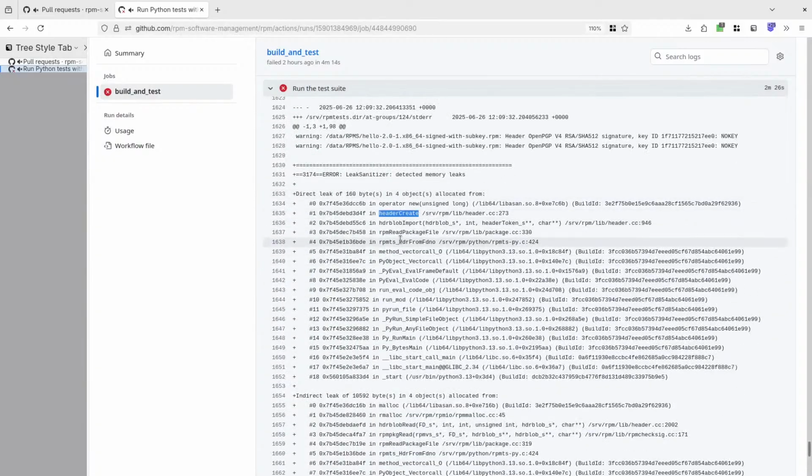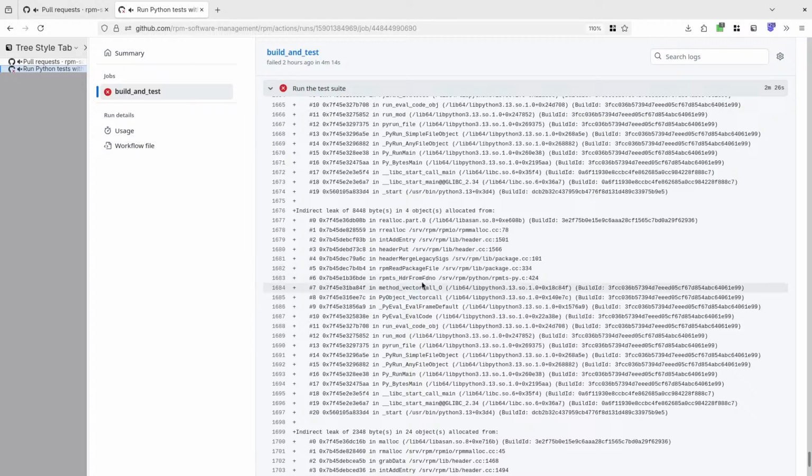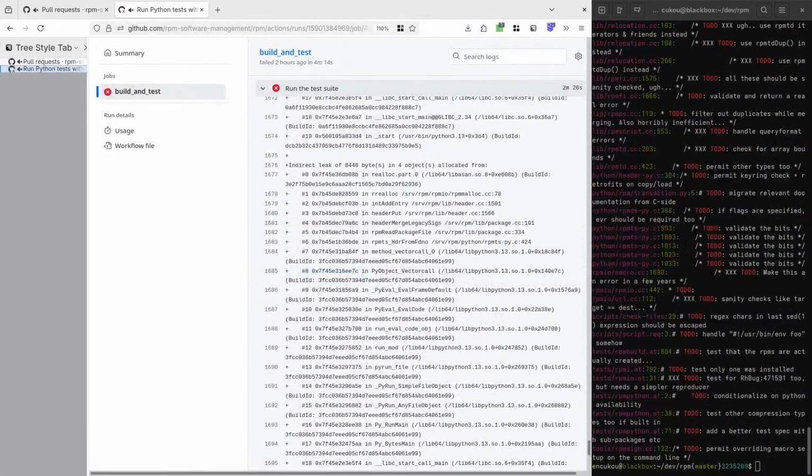So this is header create. Header from FD number. Header blob read. Header from FD number. Header from FD number. And RPM TS pi.